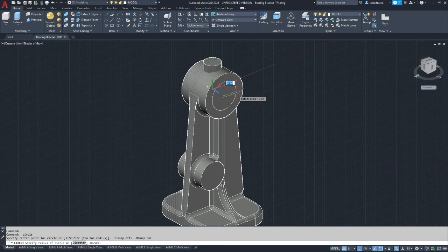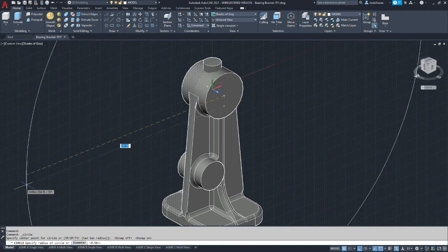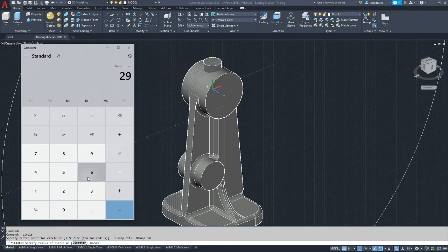Okay, our diameter on this is 28.57 to 28.52. So to shoot in the middle, we need the difference of 0.05 millimeters divided by 2.